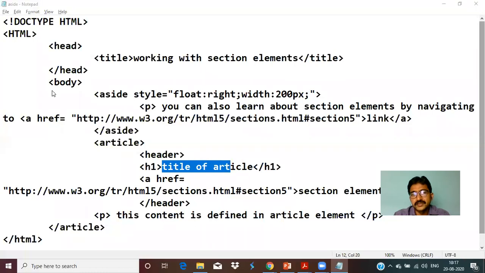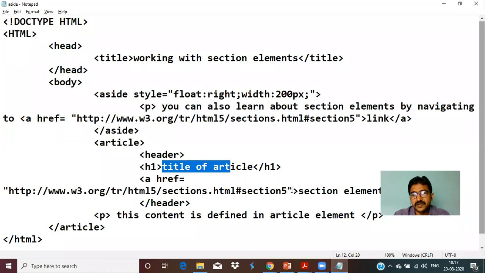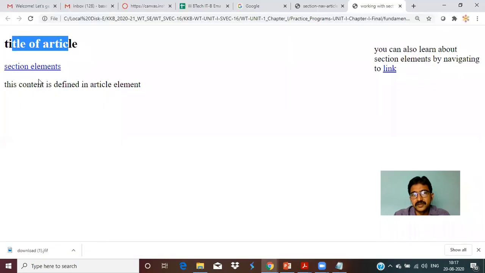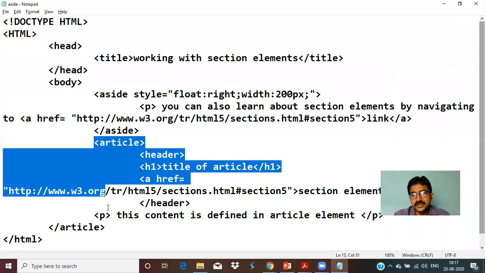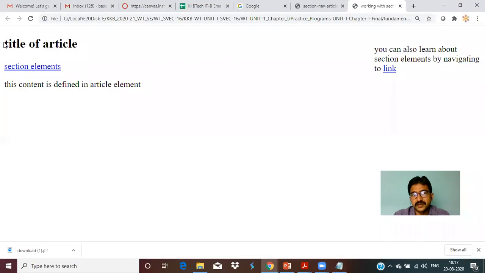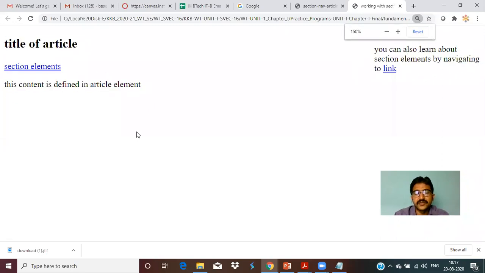Now article. Article looks like this here. This is an article; the title of the article we are mentioning. Inside this, we are giving a hyperlink. This is the article to read out, and a header also we have given, and a paragraph. So this entirely talks about the article. This entire part from here to here talks about a particular article. It is just displaying, and every output looks the same. But once you apply it to the entire web page, then definitely you can differentiate between each element.